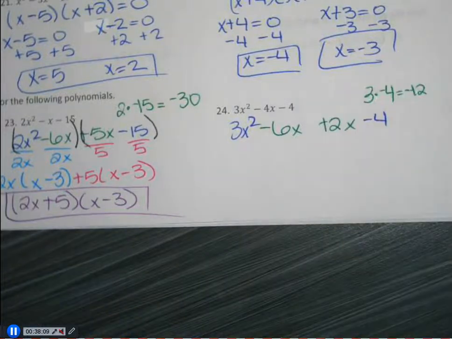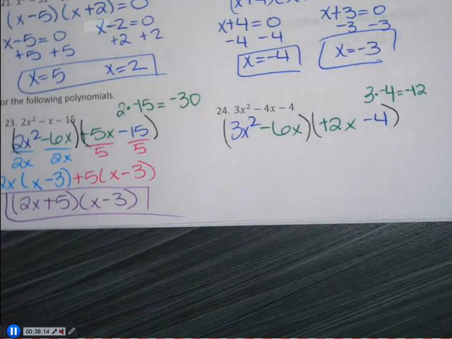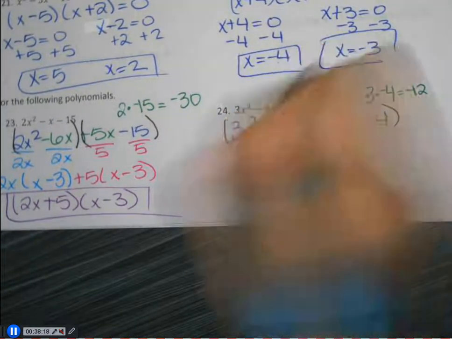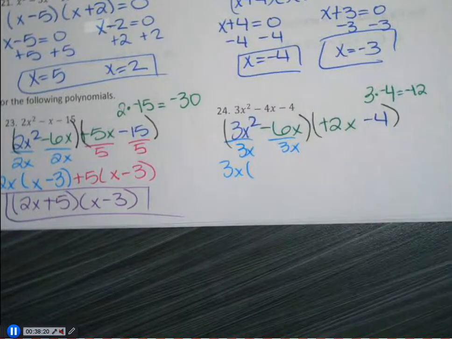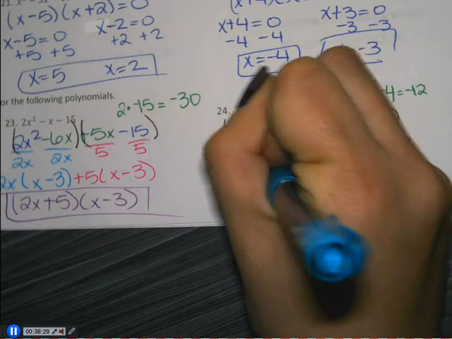So then I group it. What do I want to take out of my first group? 3x. So 3x squared divided by 3x is x. Negative 6x divided by 3x is negative